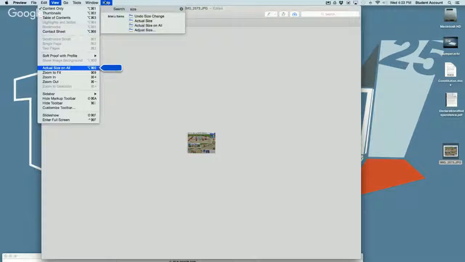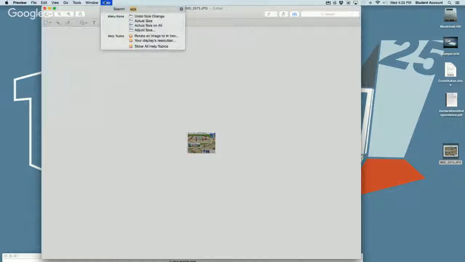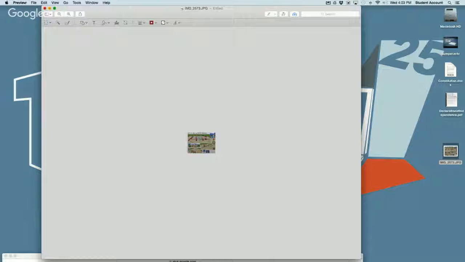So that help menu is one of those nice resources. If you just happen to run into a problem quick inside of a program, it's right there to help you out. I don't have anything to show.